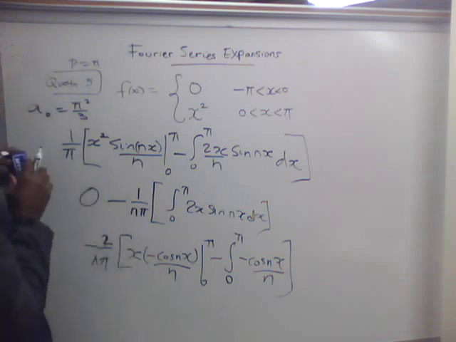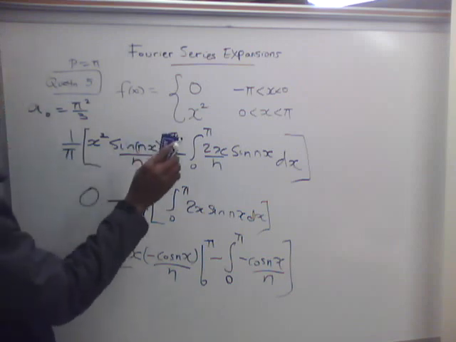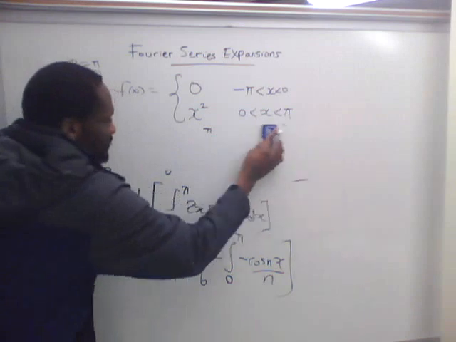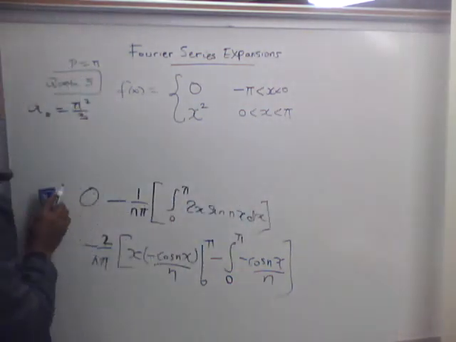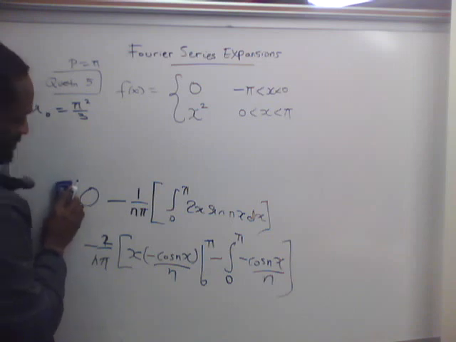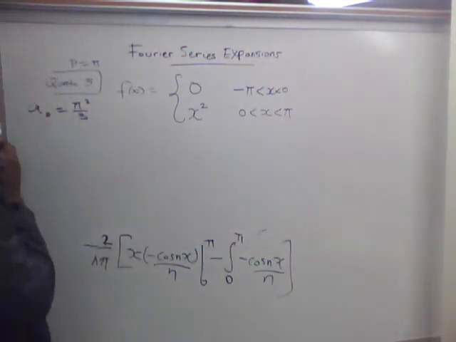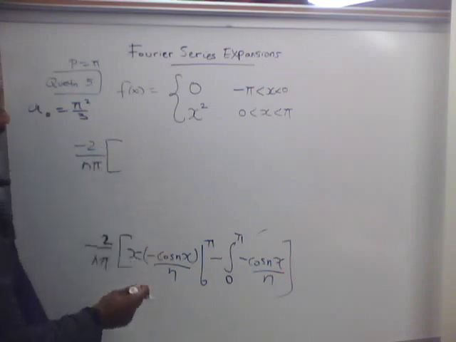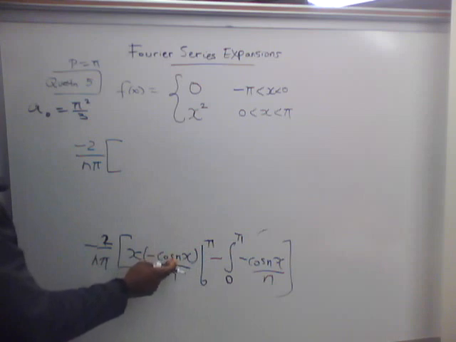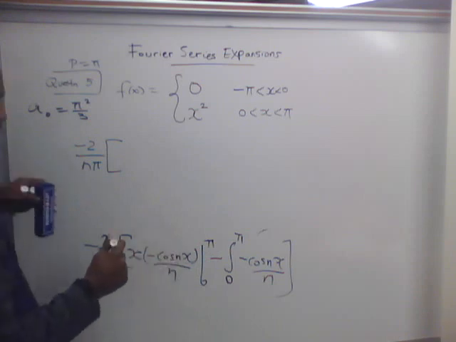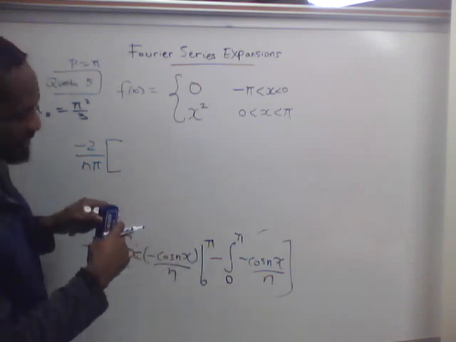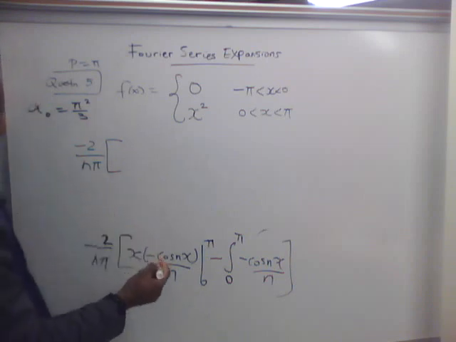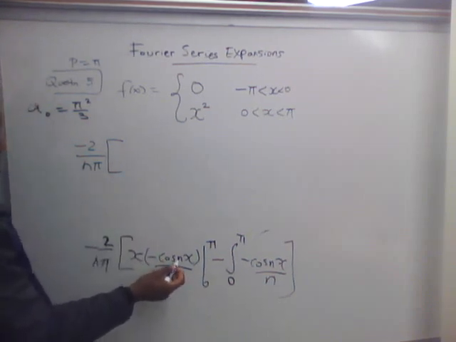Okay, and then I'm left with, I can take this off. Yes, take this off. I'm left with negative 2 over n pi. Evaluate this at pi, I get cosine n pi. This is where one of you had a problem. Rachel, I think, had a problem with this. If you put cosine n pi in here,